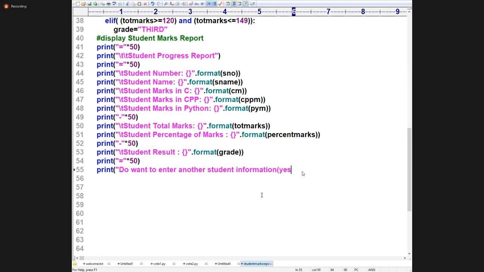I will write yes or no. I wrote here, yes or no. Dear students, I will take choice is equal to input of, and ask: dear student, your choice. If ch double equal to